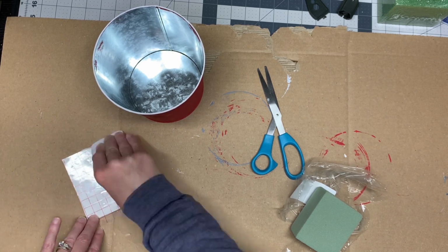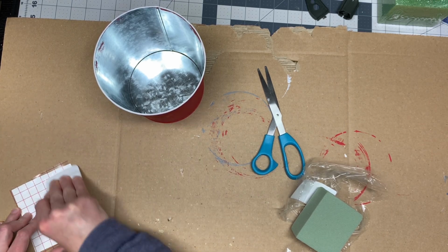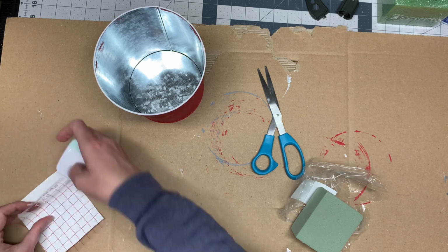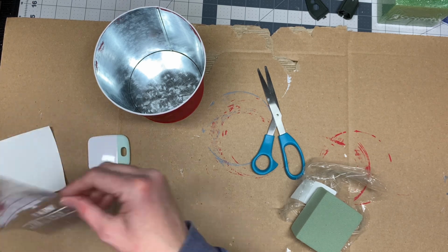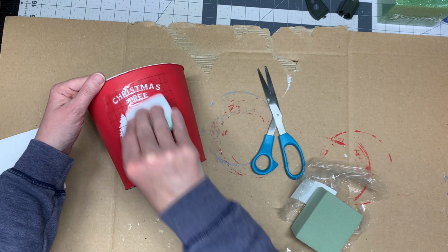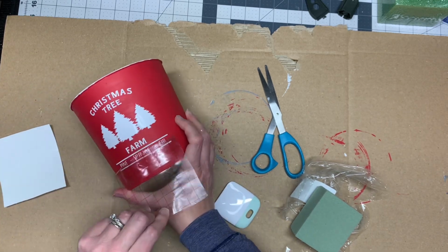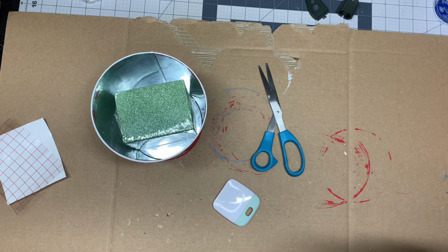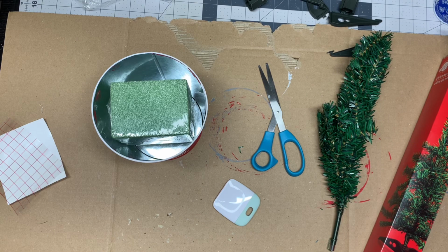So the red tin, we're going to be putting another image on, and it's also in white. I did find this image on my Cricut Design Space, and I just printed it out and then stuck it on the front of this particular tin. It shows like Christmas tree farm, and then it has some wording on the bottom, like the type of trees, like a maple or something of that nature. I can't recall exactly. But I used the foam again in the bottom of the tin, and then I removed the stand from the dollar Christmas tree,